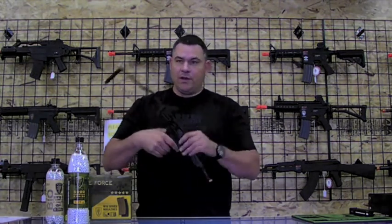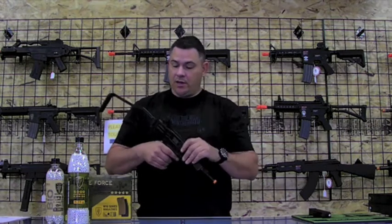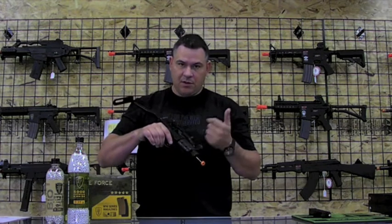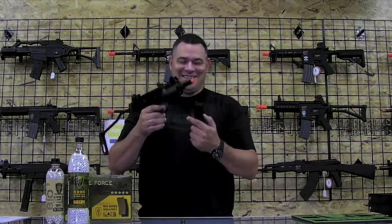The overall quality of this is Elite Force quality. Magazine, good heavy magazine. Makes the whole weight of the gun very realistic. The bolt, it's an open bolt system, so simply cock it back, pull the trigger, closes the bolt. The only way you have to be really careful with this is